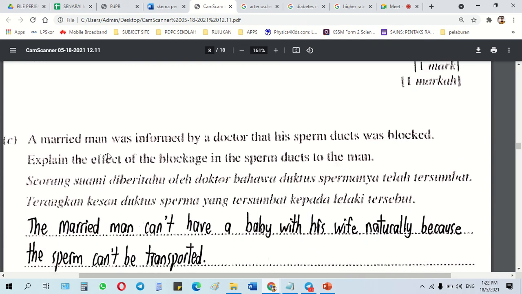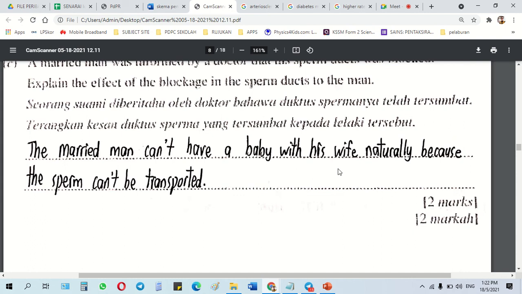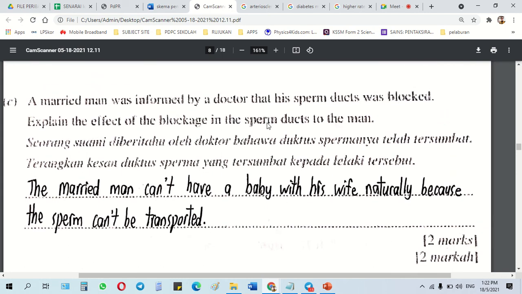Okay, C. A married man was informed by a doctor that his sperm duct was blocked. Explain the effect of the blockage in the sperm duct to the man. So we say the sperm duct actually carries the sperm. Okay, so the married man cannot have a baby with his wife naturally because the sperm cannot be transported. Almost accurate. Okay, this can get 1 mark, because it says sperm cannot be transported. So we need to say